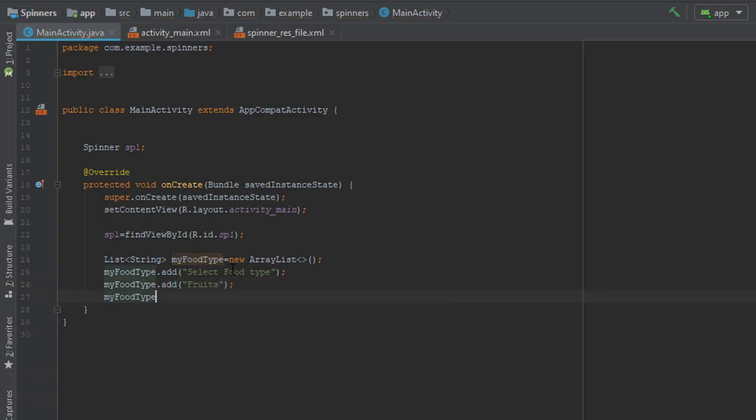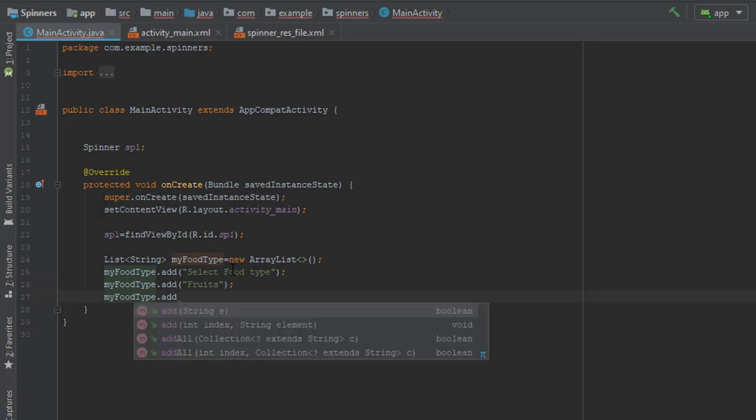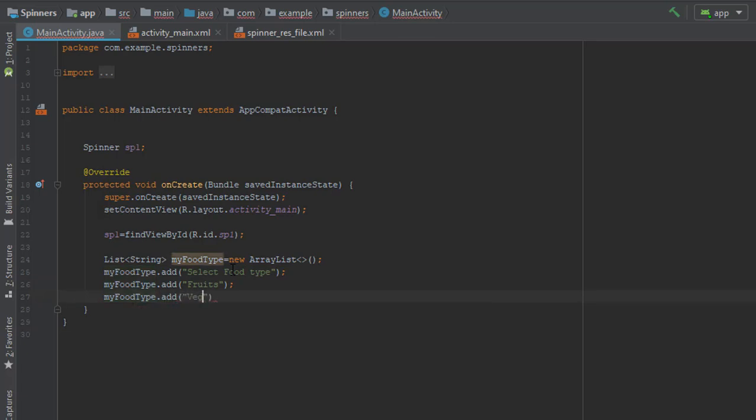Next I want to add my food type and let's say we add here fruits and further we will add here vegetables. Next, we will create an array adapter of type string. I will name it adp1 equal to new array adapter, and inside these round brackets I will write here this